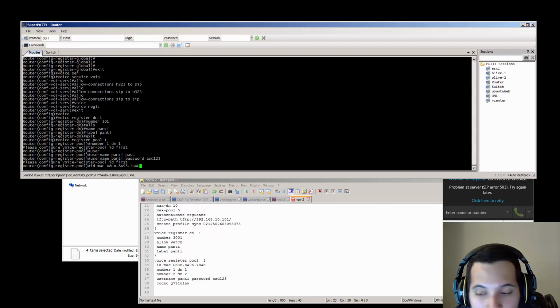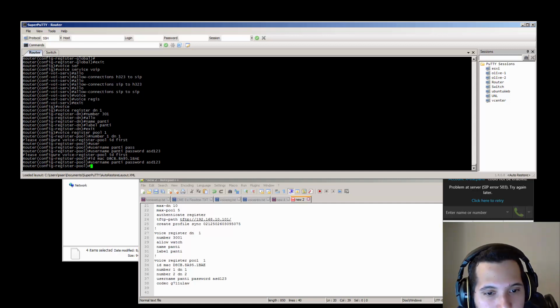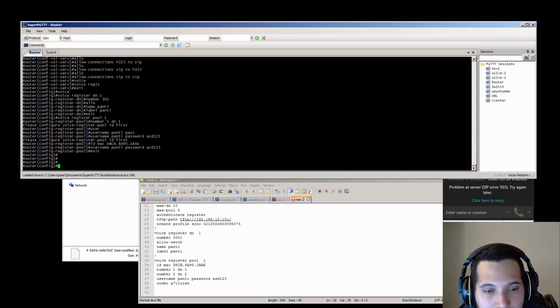So that'll be the MAC in your computer's NIC, or the network card. And then let's say username Penny, password AC123. Okay, so after we do that,